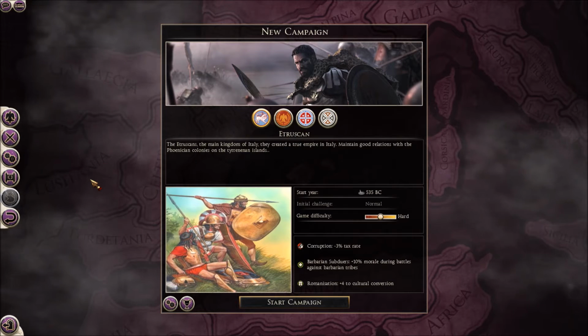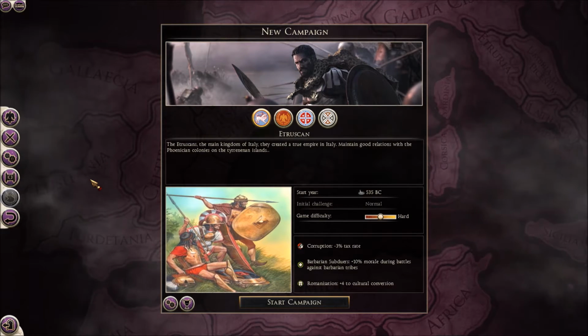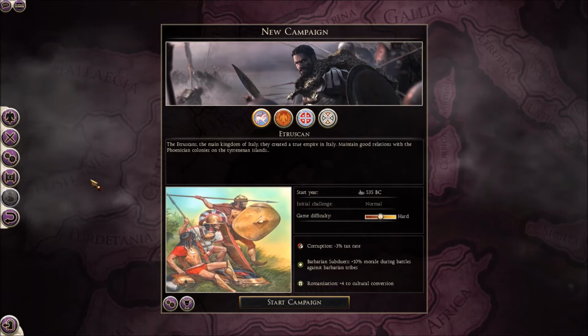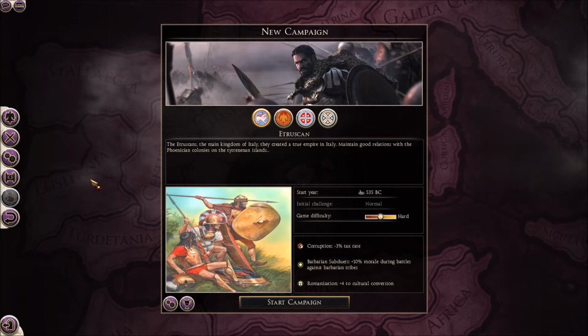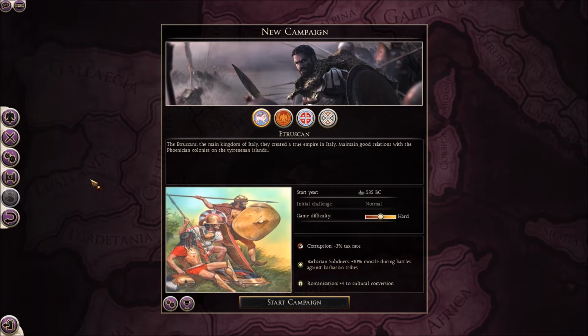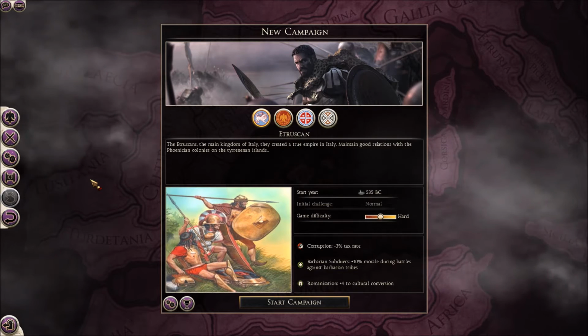Okay, hello and welcome. This is going to be a mod first impressions. This mod is quite similar to previous mods which have been released, which was Rise of the Roman Republic. This one is called the Italian Wars. It's set in the Hannibal at the Gates map, so obviously it's quite a small campaign, but the four factions